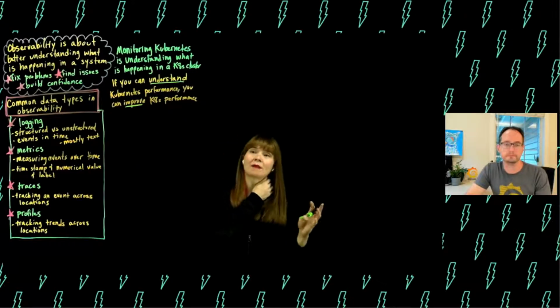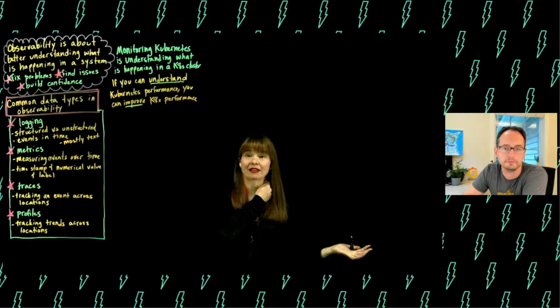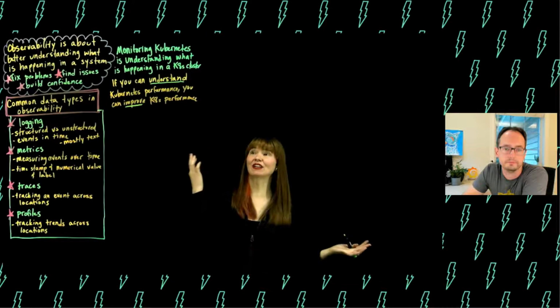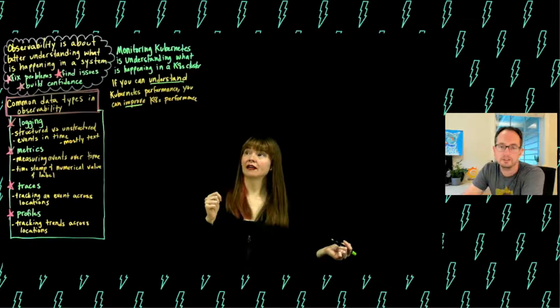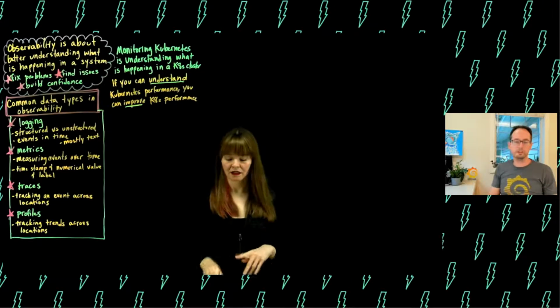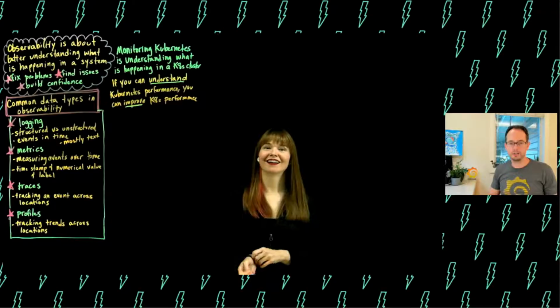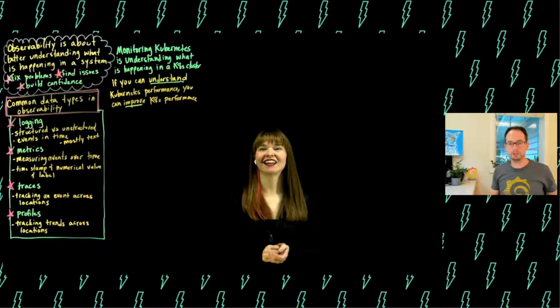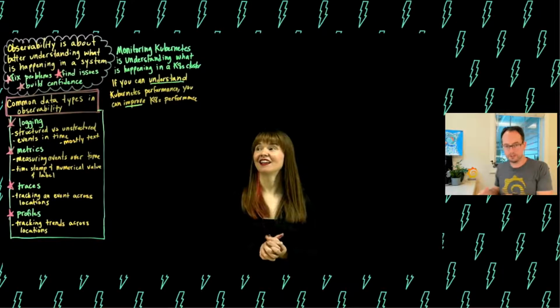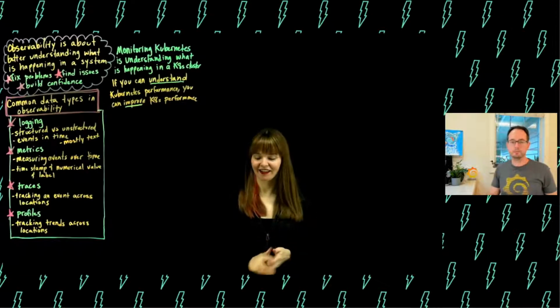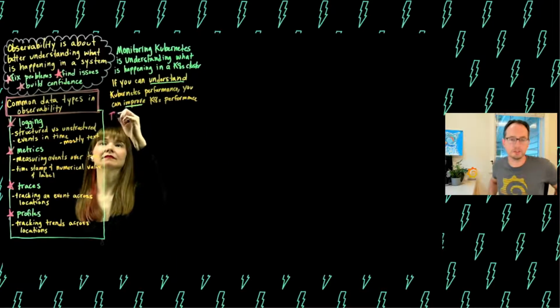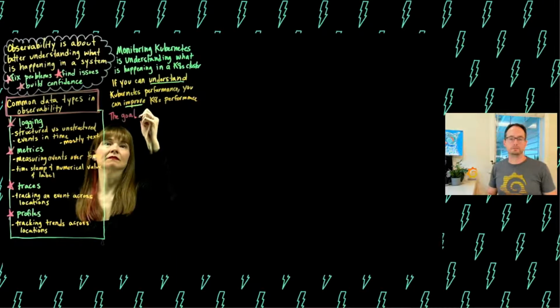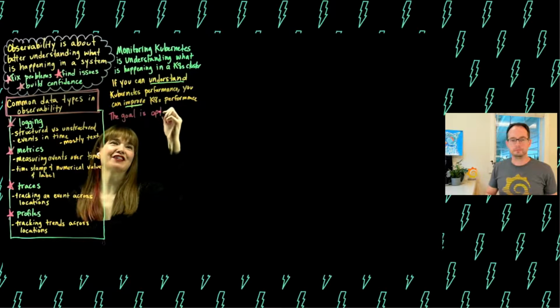Did I capture this right? Monitoring Kubernetes is understanding what's happening in a Kubernetes cluster, with the idea that if you can understand the performance, you can improve the performance. Yep, I think that captures it great. Because it's beyond just observability for the sake of bug fixing or finding issues. It's about optimization. It's about how you make sure that things are running as best and as efficiently as they can. The cluster is important, but the apps that are running on the cluster are the reason why we have clusters to begin with. The goal is optimization.